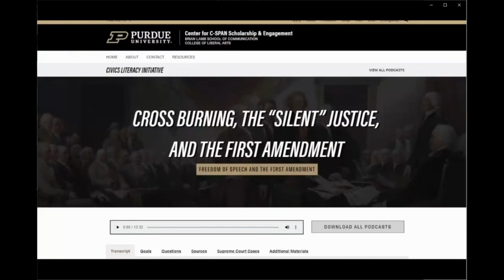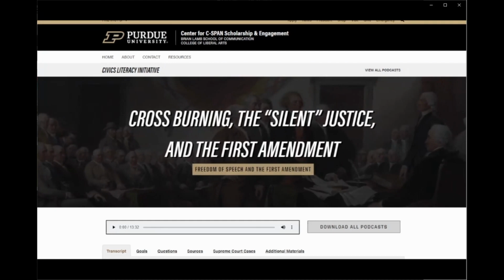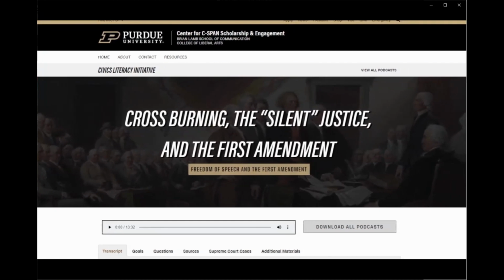Because they take this information, but they weave this wonderful narrative storytelling into it, where you're learning the history, you're learning the key players. The one that really surprised me, or maybe it's a soundbite that really surprised me, was in the case about the First Amendment and freedom of speech. It cuts to this story about the burning of crosses by KKK members or otherwise white supremacists onto the lawns